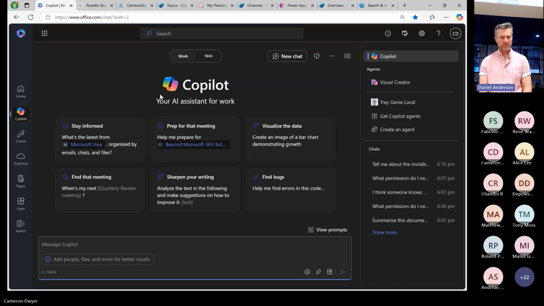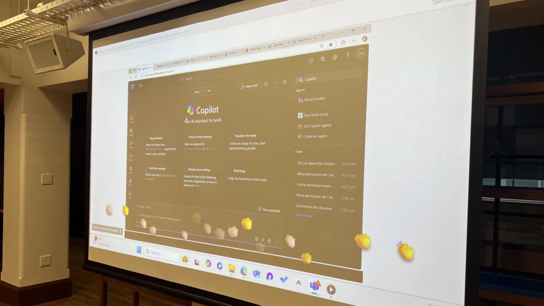Look at all those claps. Cameron, you are a superstar. The session will be sent out and posted. Thanks everybody for joining in person, a big round of applause for Cameron. And once again, everybody online, before you jump off, give us some more claps. Actually, hang on, I want to take a photo.